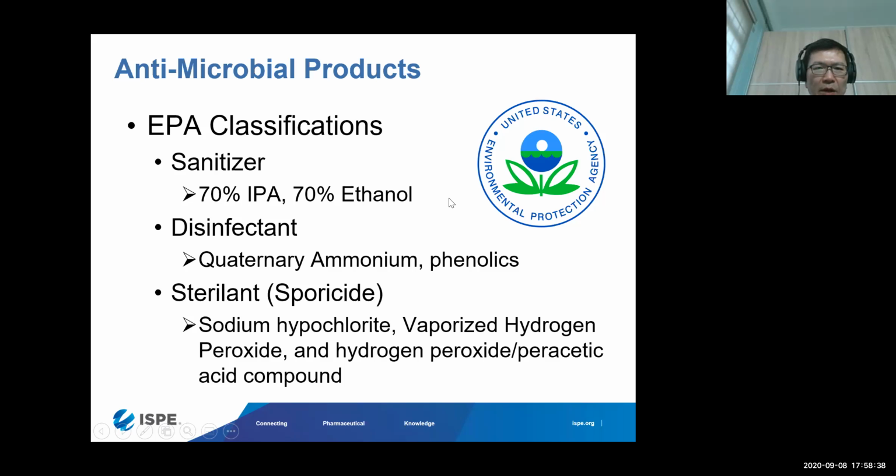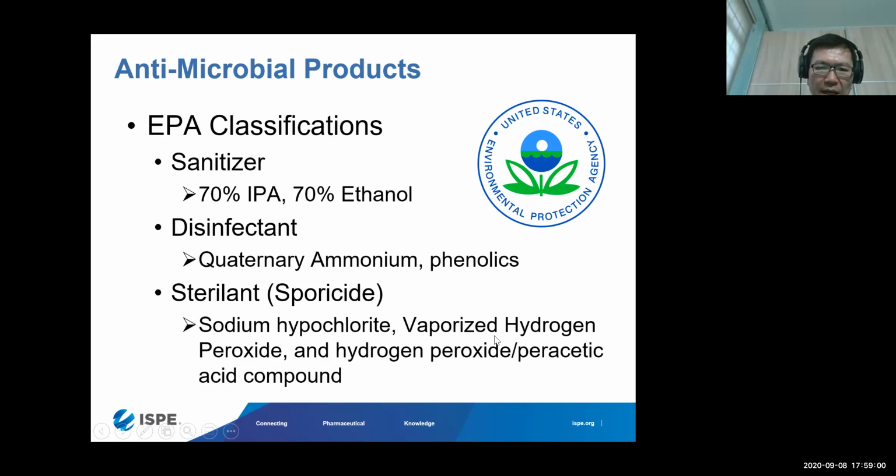So next is the antimicrobial products. You need to understand what antimicrobial products are available and what their efficacy is. Under the EPA classification, a sanitizer is typically IPA, alcohol 70% IPA or 70% ethanol. And a disinfectant can be quaternary ammonium compounds or